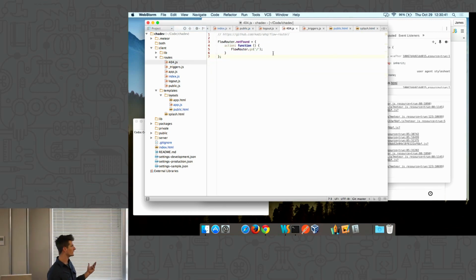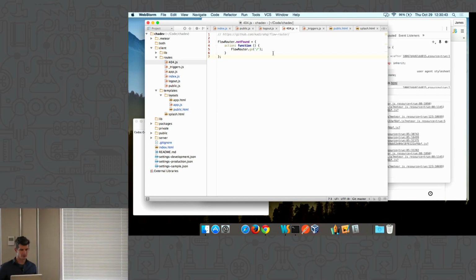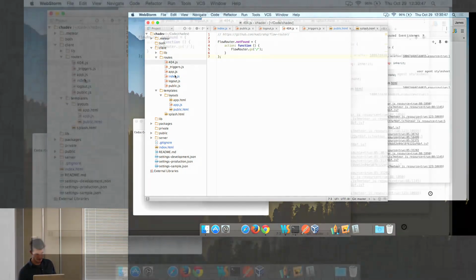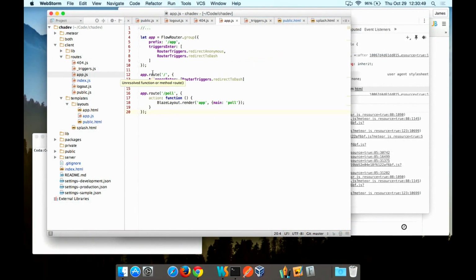I can redirect somebody to the home URL or something like that. So I've started setting up my routes, so we're kind of feeling good about that. So let's take a look at the app routes. So once I get logged in, I go to app, but I want to have a more